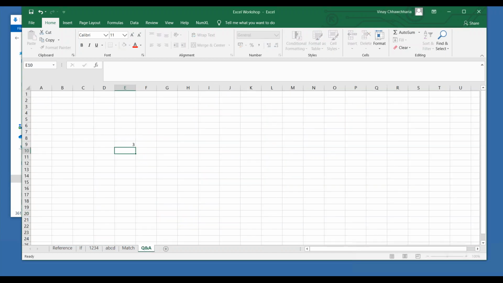Now suppose you have done this simple SUM function, equal to sum of these 4 numbers. Now you have got 18. Let me zoom for the benefit of all.